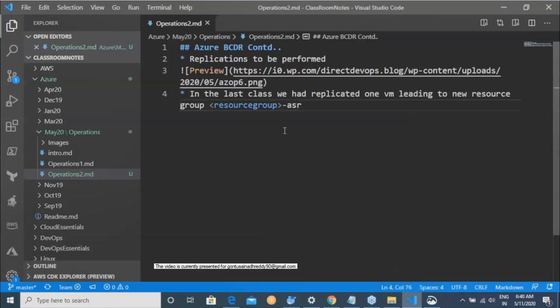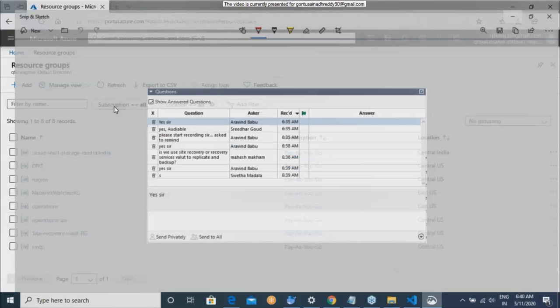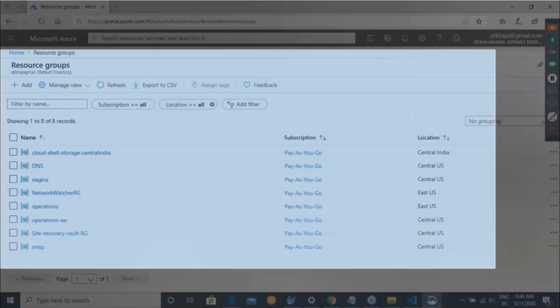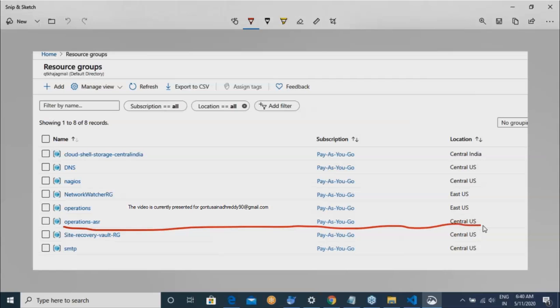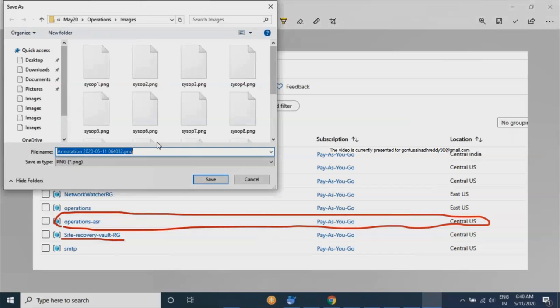So for me, I might have got something like operations hyphen ASR. Also look at the region, because that is equally important. And the other thing which you need to look at is the site recovery vault. These are the two resource groups which you need to look out for.